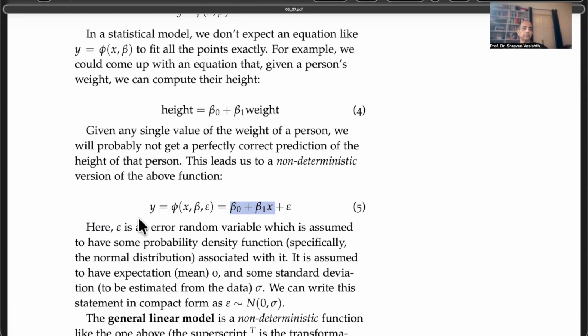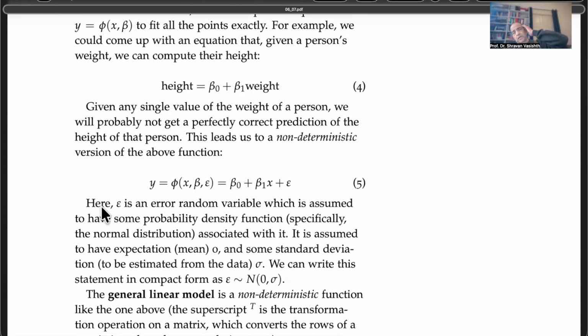So actually y is now a function of three things, right? It's a function of x, beta, and that epsilon vector. All these are vectors now, right? Because we have multiple data points, presumably. So the epsilon vector